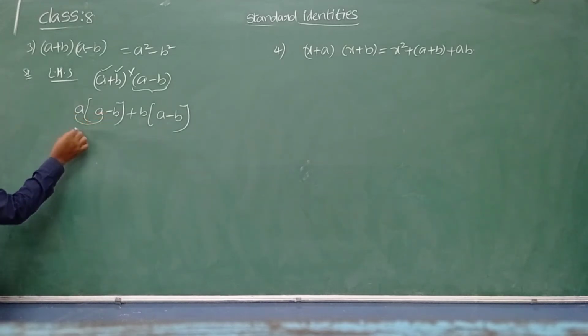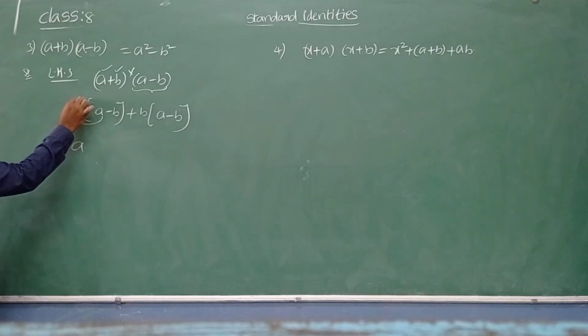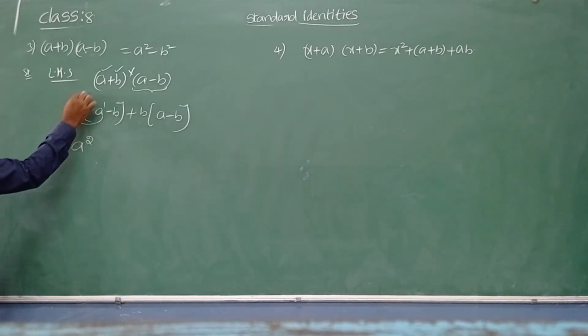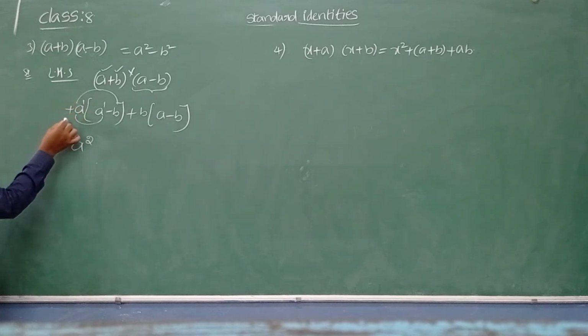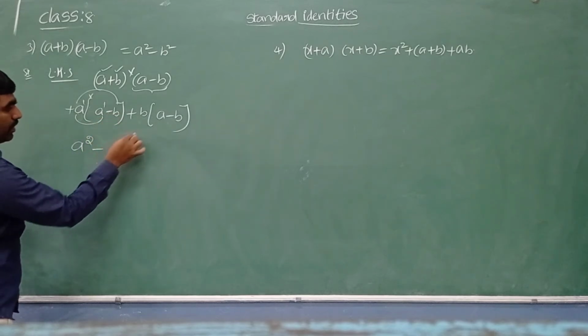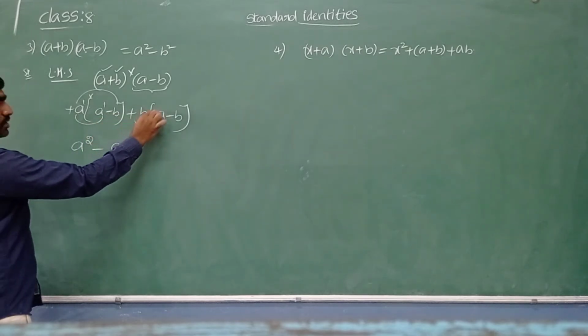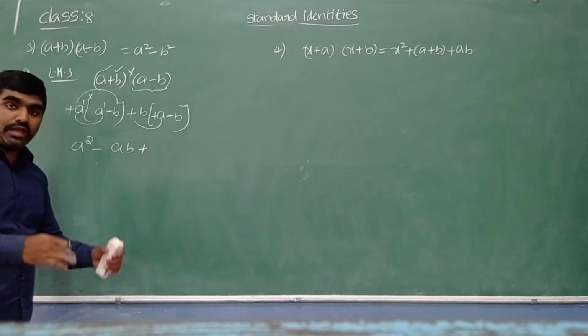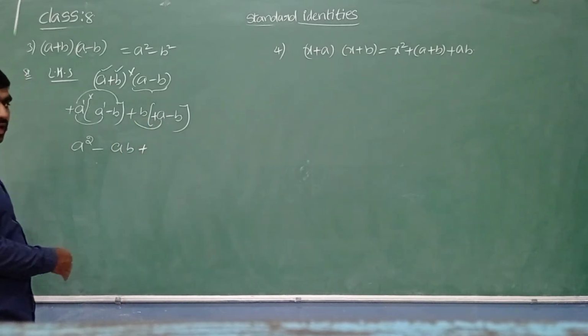Monomial with first term, a into a, same variable, only one variable, and the power is obtained from the sum of the powers, 1 plus 1, 2. Now monomial with second term. Plus into a minus, minus. a into b, different variables a, b. Now multiply the next one. Plus into plus, plus. b into a. We can write ba or ab. Better we write ab, like alphabetical order.